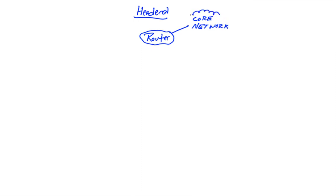So that's going to contain things like our connections to other service providers, our connections that make up the internet. Because the internet, or the World Wide Web, is called that for a reason: it is simply a web of service providers connecting to each other. That's all it is. So we often have more than one internet connection as a service provider that comes off of our core network,